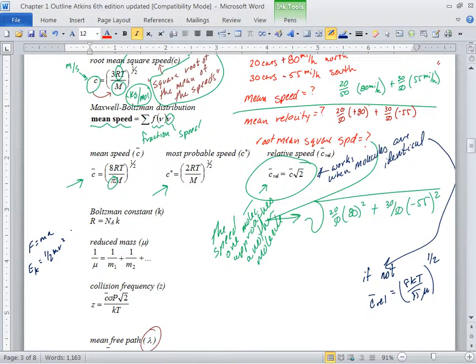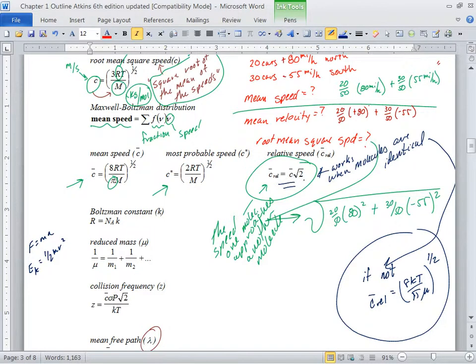Is that 8 kT in front of the k? That's just 1/2 mv squared. Oh, sorry. Yeah, 8 kT over pi mu. And I don't remember if you need it or not. That's why I wrote it down. So maybe it's just a special case, so that you're aware that this doesn't always work.